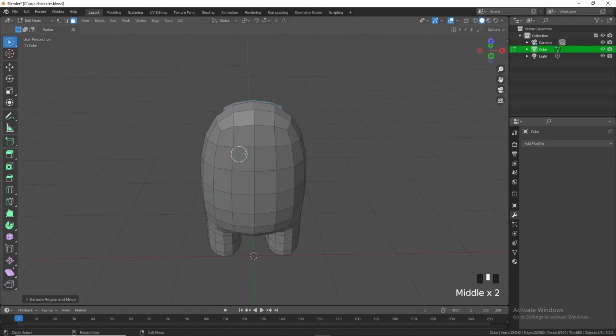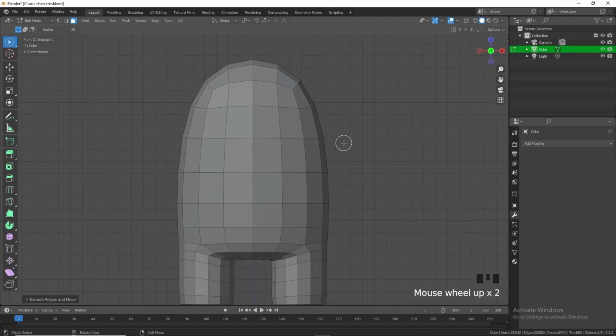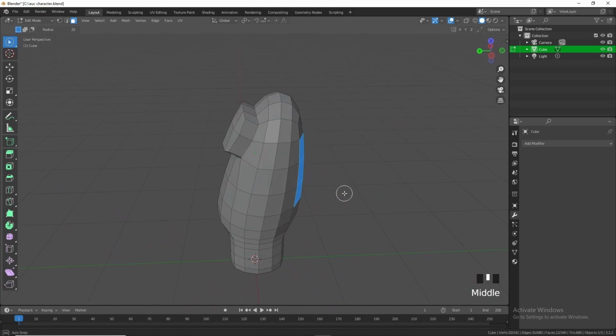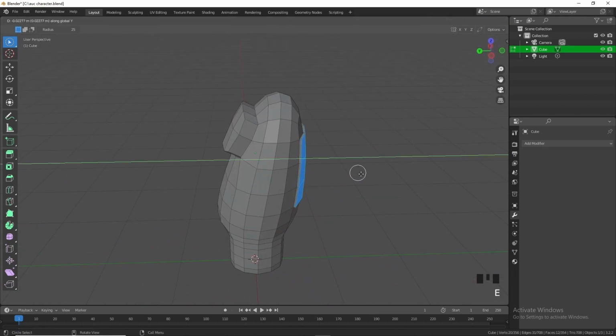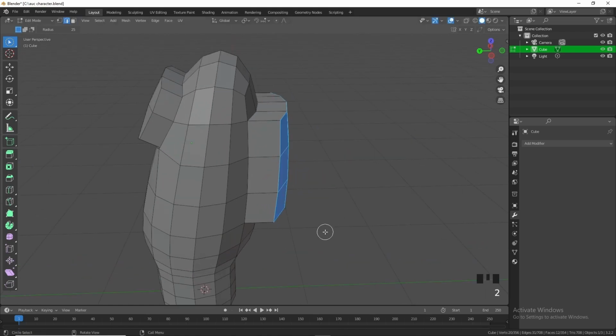That's it for the mask, and then we're going to come back here and create the backpack. Now this is the easy part because you just have to select these faces, extrude in the Y until you have a length that you are happy with. Now, just for when we do the next subdivision surface modifier, we want to add a loop cut here so